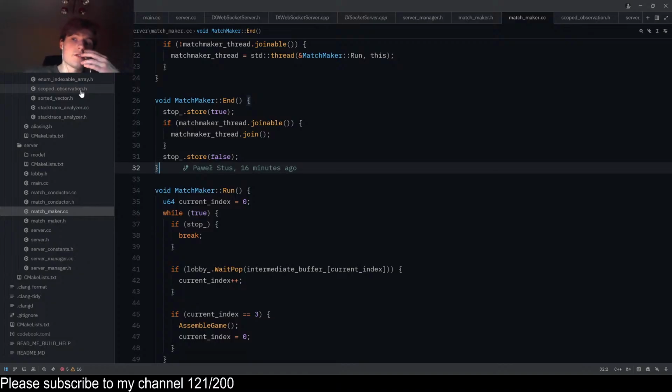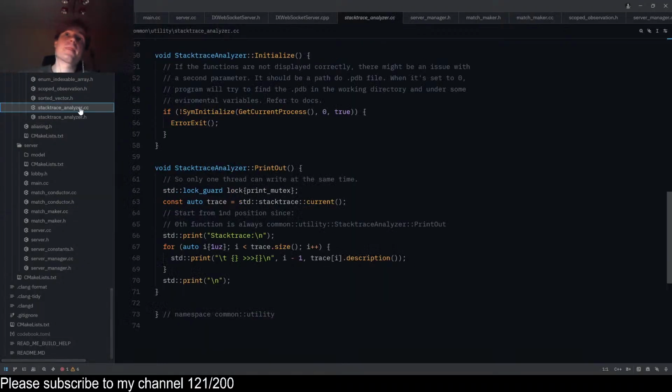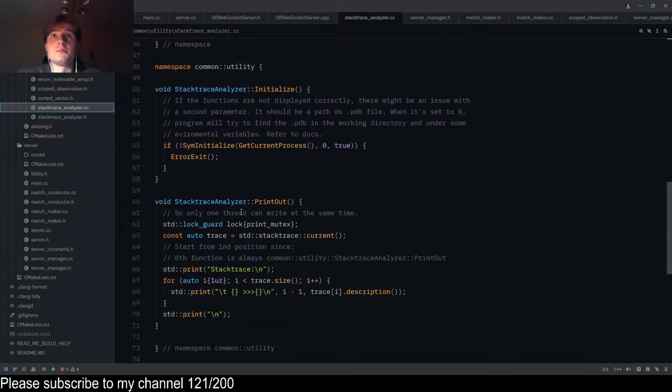Yeah, and for the stream, what I've picked for the stream actually. Oh yeah, maybe I will show you. Oh, there's actually one more thing I want to show you. I figured out how to better use the stack trace. It appears that